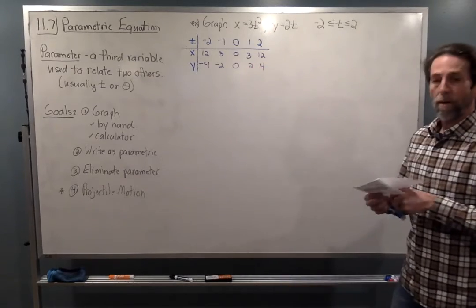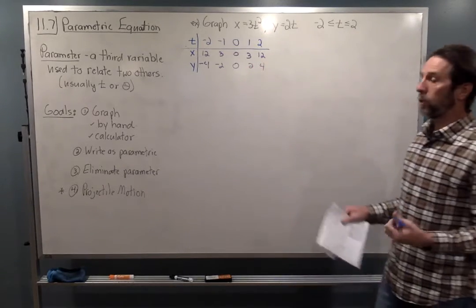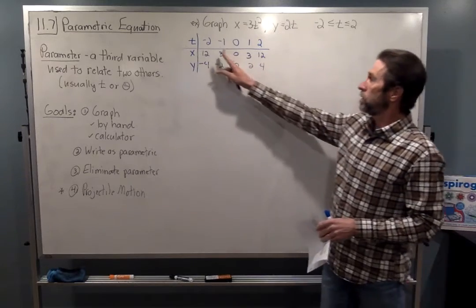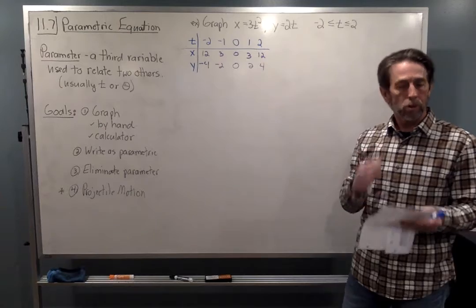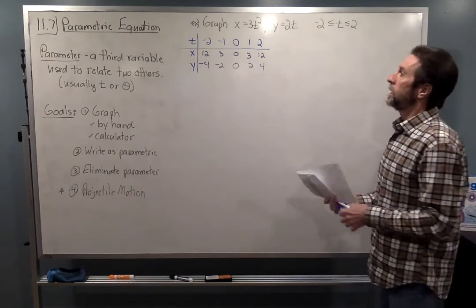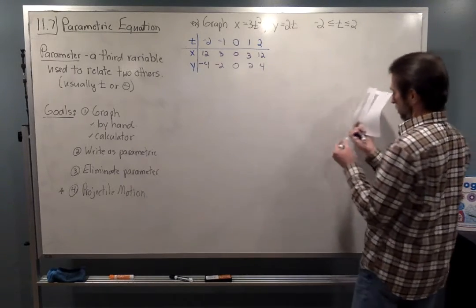So in order to graph this function, I just made up a bunch of numbers. Now I could have chosen fractions. This does not mean that t has to be a whole number, but I might as well start with those nice whole numbers. And now if I want to graph the function,